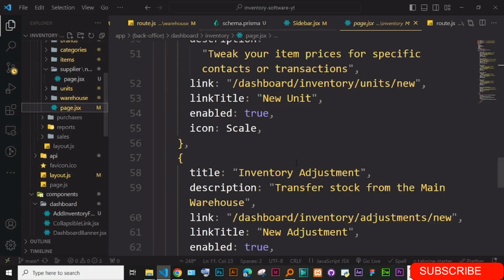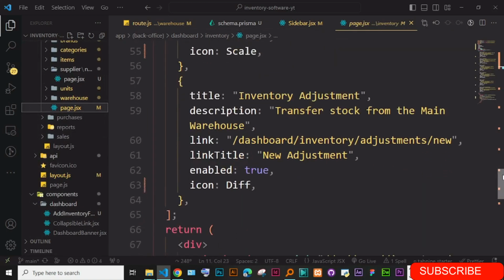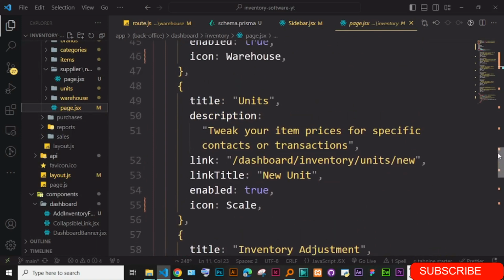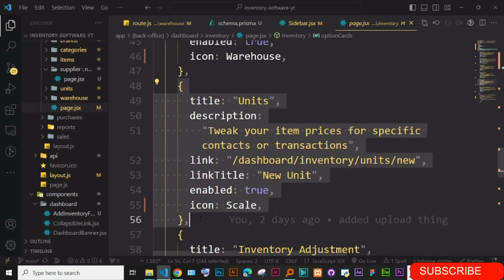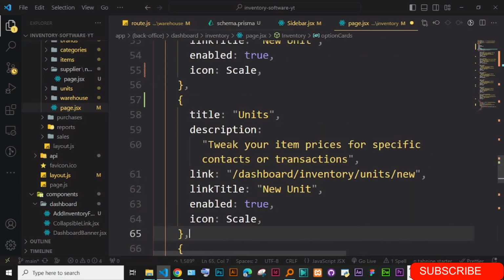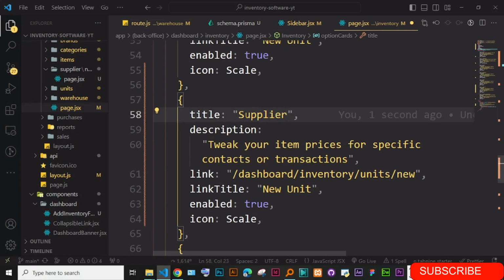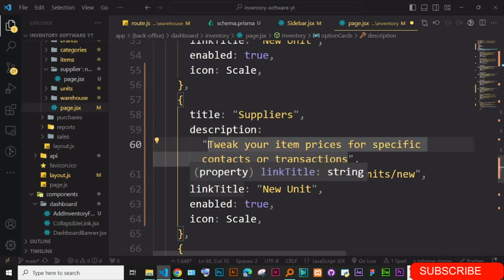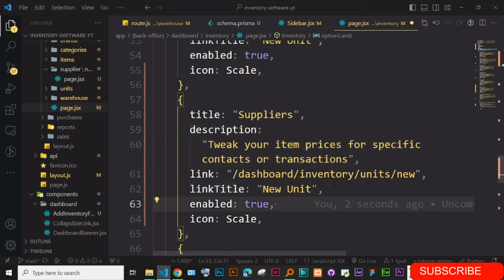So there is this page here. So before this, after the units, I'm just going to put the supplier here. So you can just say supplier or suppliers descriptions. Then we have these. The links is going to be suppliers new, and then this one is new supplier,